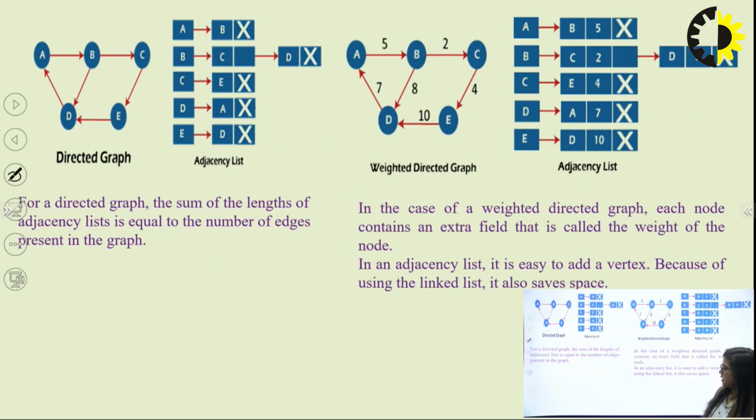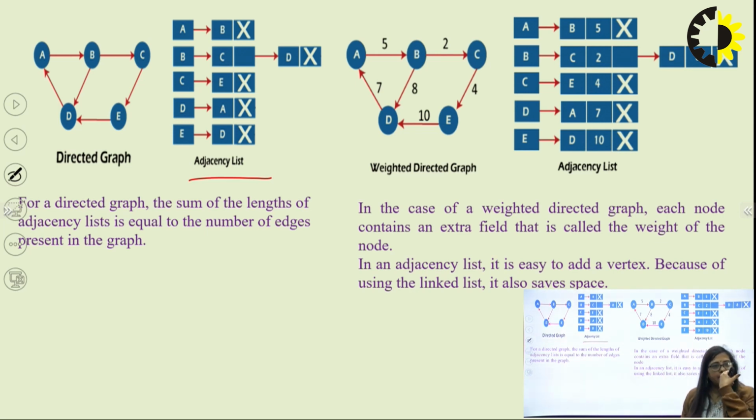And this one is the same thing: the directed graph linked representation and the weighted directed graph linked representation. The first one is directed, where the direction is given like this. A can move directly from A to B, but A cannot directly move to D because the direction is not given. So if you want to check A, A to B, yes, B, then null, because the remaining nodes cannot be moved to. So this is the linked representation of a directed graph.